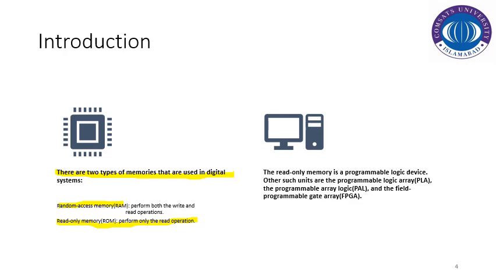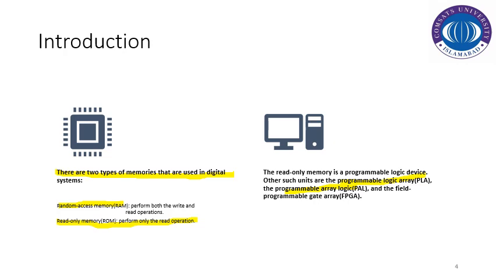But there are some specific types of memories that are programmable. For example, the PLAs, the programmable logic arrays, and the PALs, and field programmable gate arrays, that are programmable modules in which we can implement our design and implement our logic. We can reconfigure our setup. For example, the field programmable gate arrays are the setups in which we can reconfigure our hardware, we can redesign our hardware by using that particular platform.